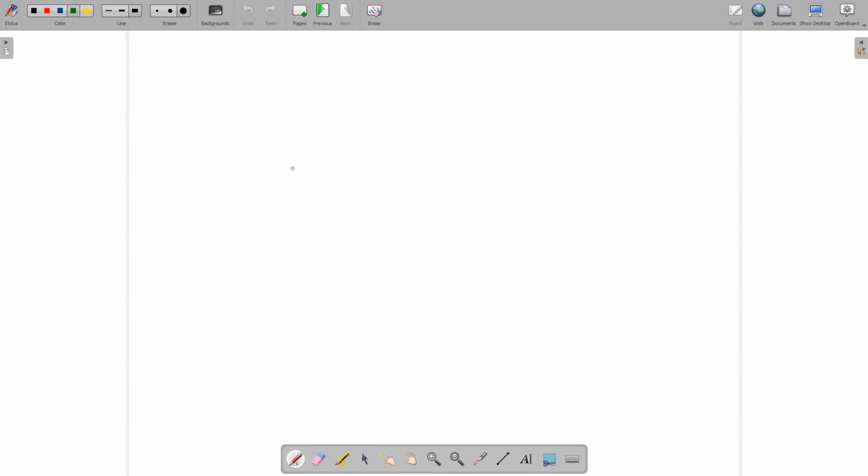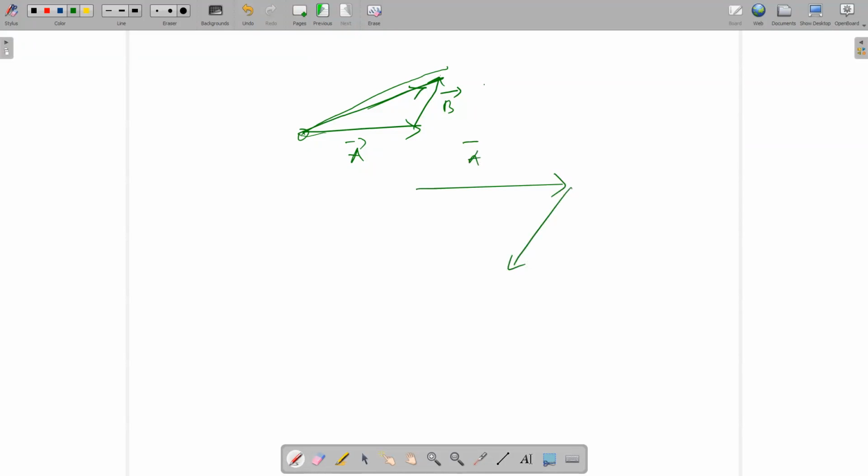See, this is one vector A. Okay. This is another vector B. So the last line is from here to here. So where will be the direction? This will be the direction. If I draw this line A and minus B, I draw the line here. So what will be the direction? This one. From the tail of the first vector to the head of the last vector. This will be the direction. Yeah, I get it now. Thank you. Okay.